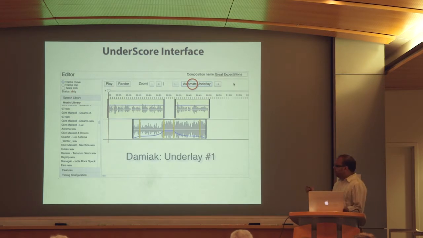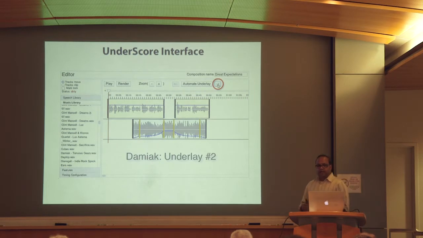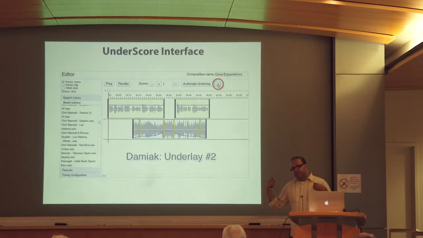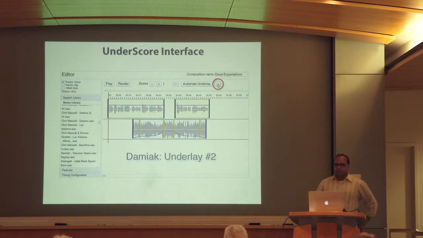And now I can listen to the result, and I can press the next button to generate an underlay for the next strongest change point in the music. So this tool removes a lot of the low-level work required to make an underlay, and I can very quickly test different change points in the music, or different pieces of music, until I find the best one that I like. So this tool is really designed to facilitate iteration, and as we know, the more we iterate, the more likely it is we will converge on a design that is really effective. So let's listen to this result.